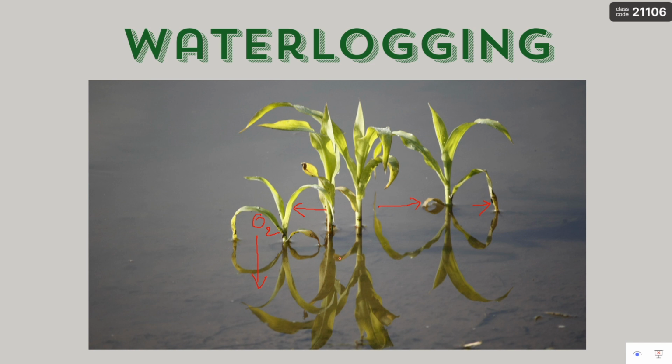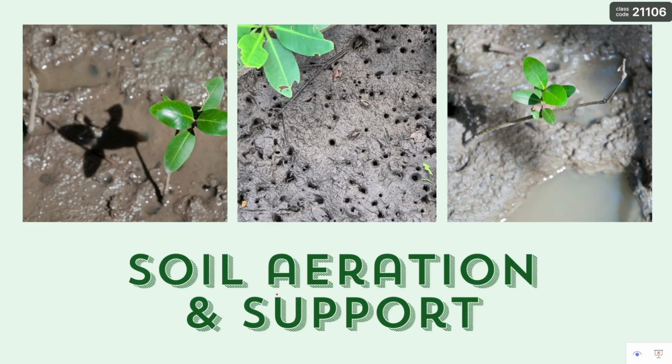So how is it that these mangroves actually survive in this waterlogged soil? The third challenge they face is that of support. We've already seen soil aeration, but the third challenge is that of support. Now, if you look at this mud, it seems to be very sludgy. It's very soft and it's very sludgy. So, when a tree grows to the size as we previously saw, how does it remain standing in such soft mud? This is a third challenge,